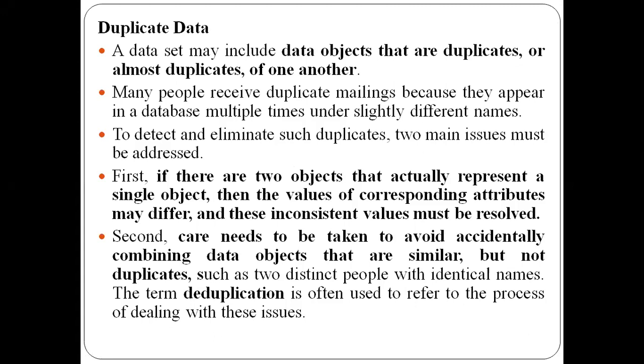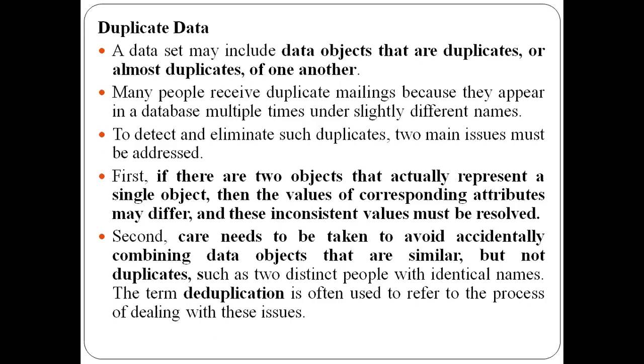Here some of the data objects will be present in one more copy form. So duplicate data objects, which are almost duplicates of one another, will be present in the data. Again, it is not required for performing your data mining task. Duplicate data is nothing but some of the data objects appearing multiple times in the data. They will be most similar to each other. The same data objects appear multiple times, very similar to each other.